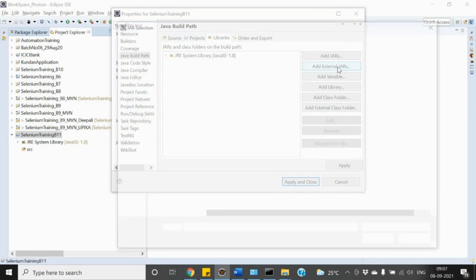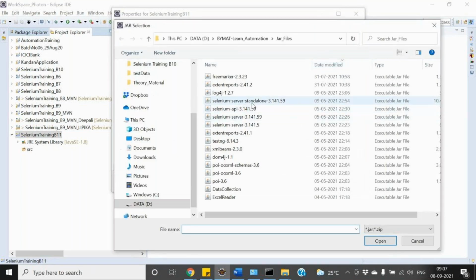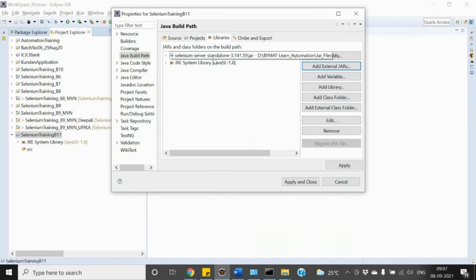Click on this option and browse. I'm getting it directly because I already have it in my browser history. So I can select this jar file, and it's been added over here. I'll say apply and close.